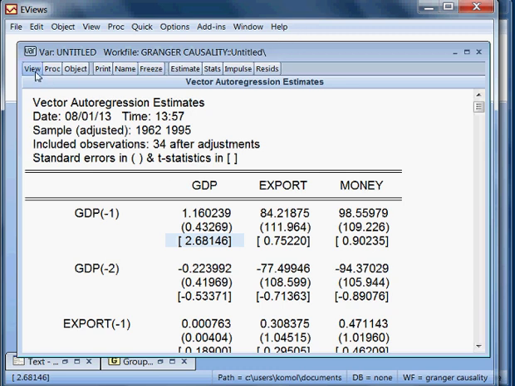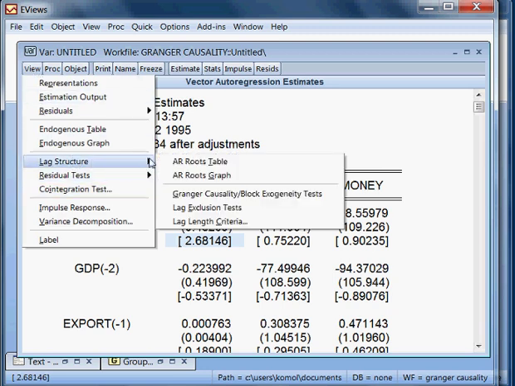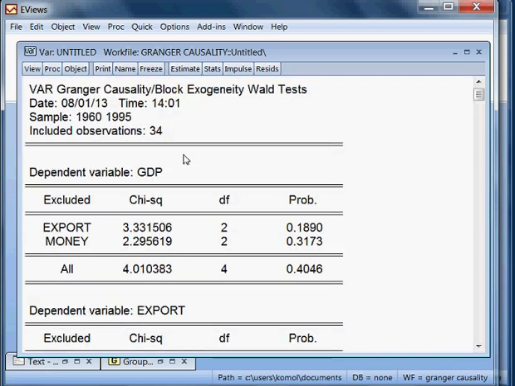I go to view, I go to lag structure, then I go to Granger causality, right? This one I check, I click OK. So you can see the VAR Granger causality test as a whole. Okay,